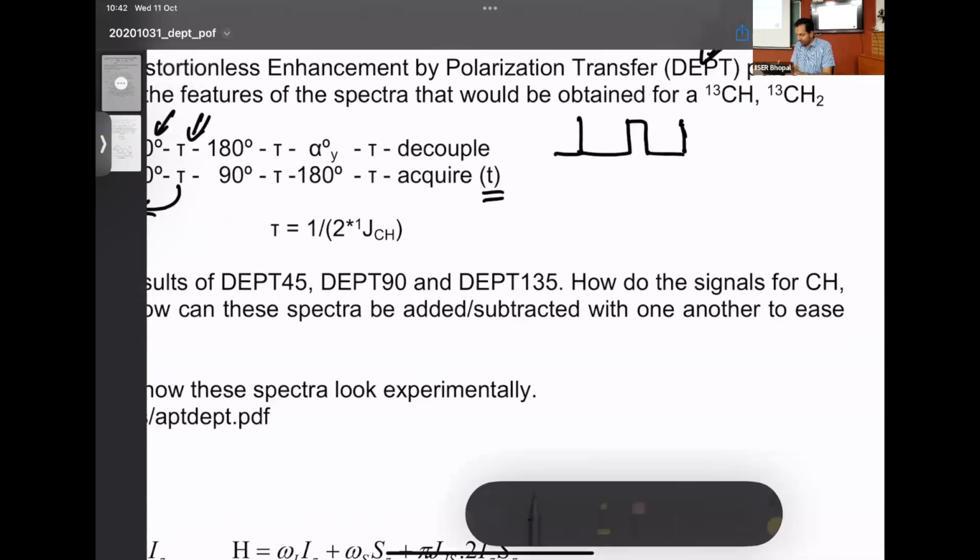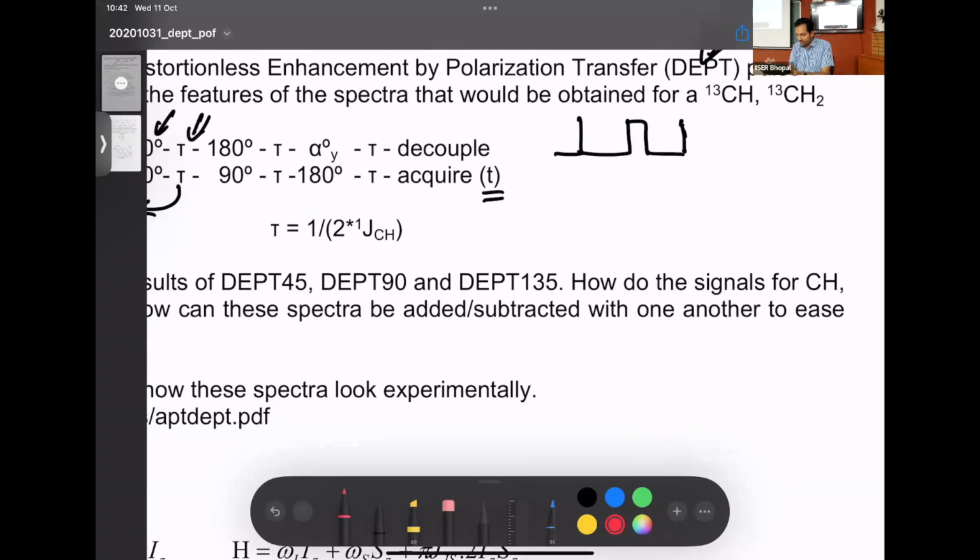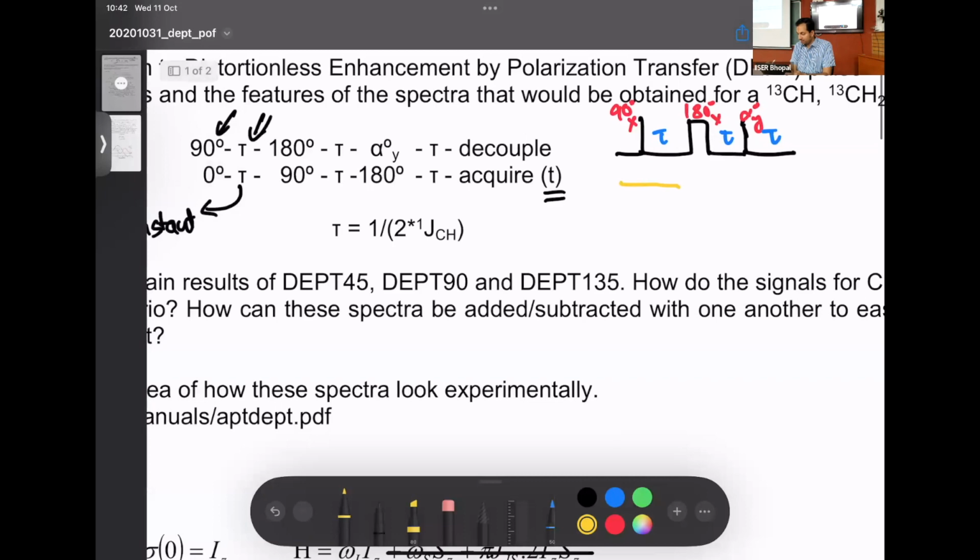I'll change the color. So this is a 90 X phase pulse. This is a 180 X phase pulse. This is an alpha Y phase pulse. Then you have a tau delay. So all these are tau, tau, tau, and tau. And interestingly, in the carbon dimension, you have no pulse until the 180 in the proton